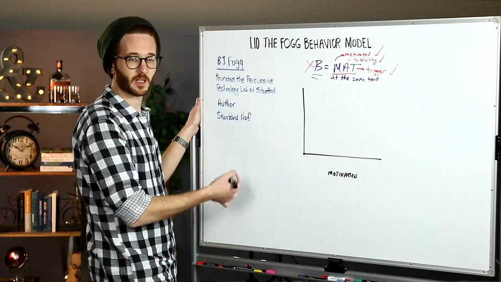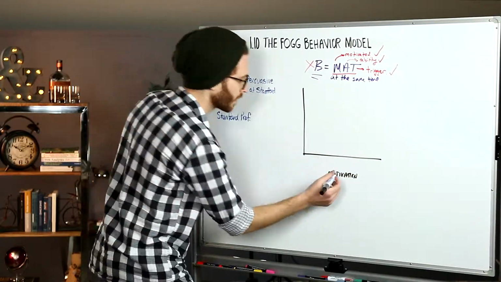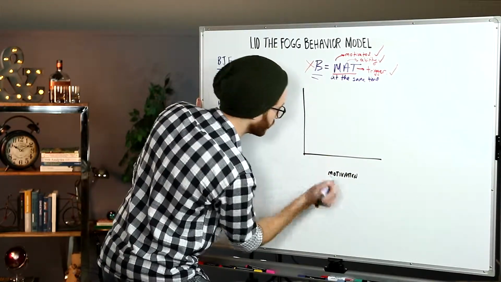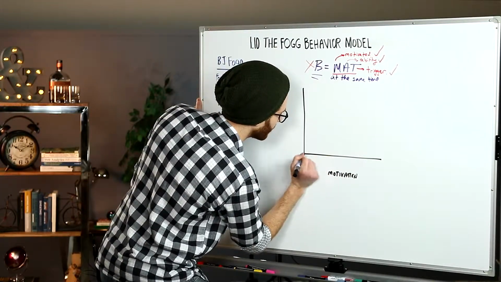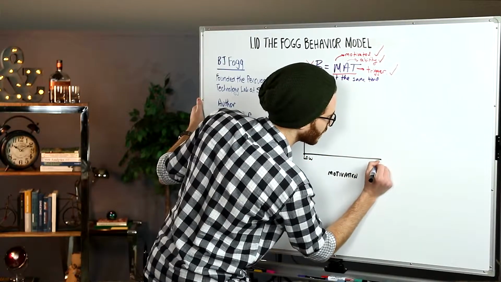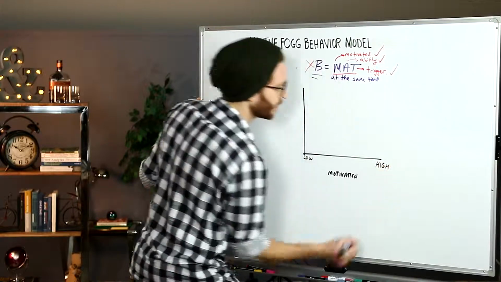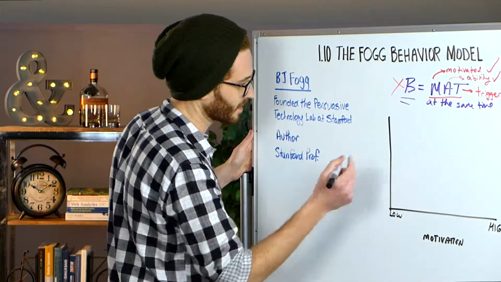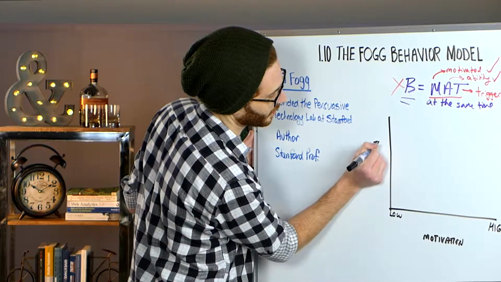So there's a scale, right? There's a continuum of motivation. A person could be very unmotivated, right? So I could be low in motivation, and I can go all the way to being high in motivation, right? On the horizontal axis, let's say we have ability,